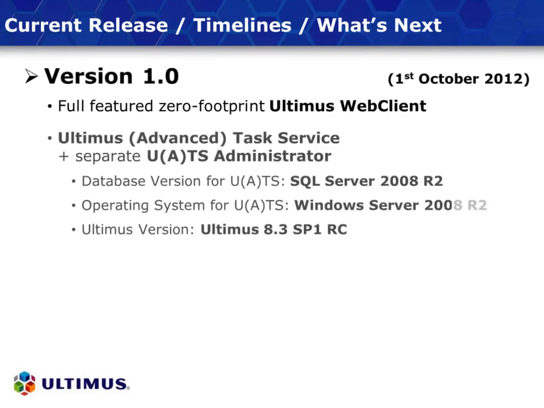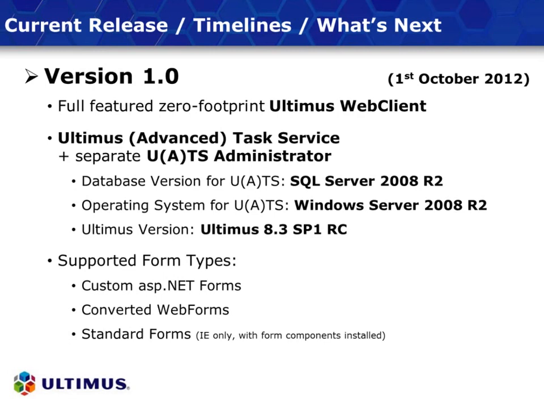What is included in version 1.0, which was released on the 1st of October? You saw the full-featured zero footprint Ultimus WebClient. This is part of this version 1.0. In addition, in the back, the Ultimus Advanced Task Service and an Ultimus Advanced Task Service Administrator to configure the